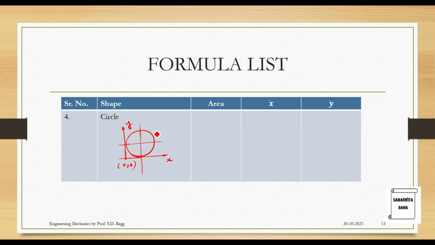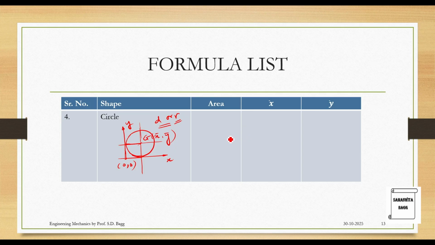Now for the circle, one dimension which is required is the diameter for this circle, or maybe sometimes people give it in the form of radius. So here if you see, if it is given in the form of radius, it is this dimension, or I can say it is this dimension, or I can say it is this dimension over here. So this distance is what you know. This is my G, x bar comma y bar.